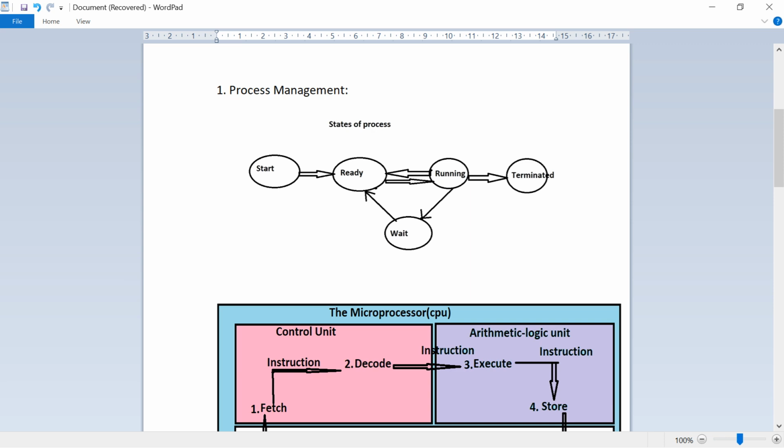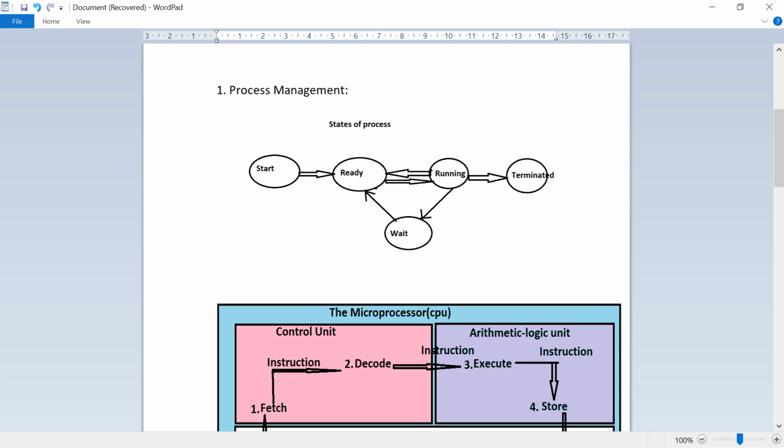Those resources are compiled code, global variables, functions, and local variables, addresses, arguments. It will wait for those resources. Then last one is terminated or exit. The process is over here.